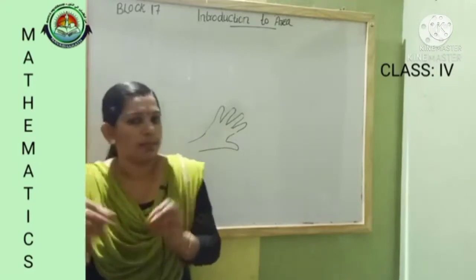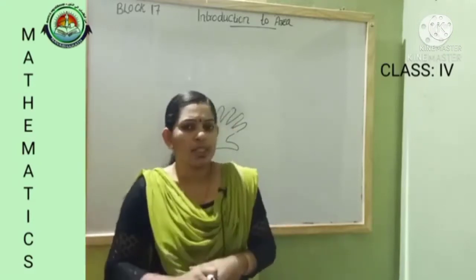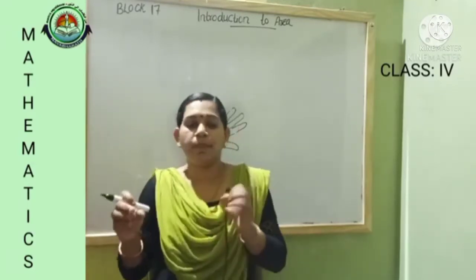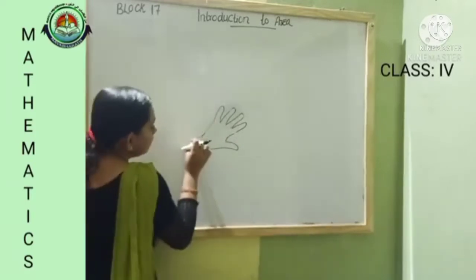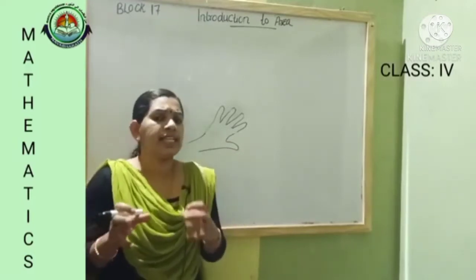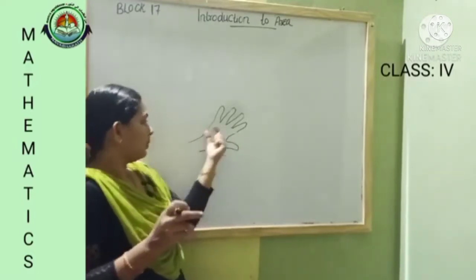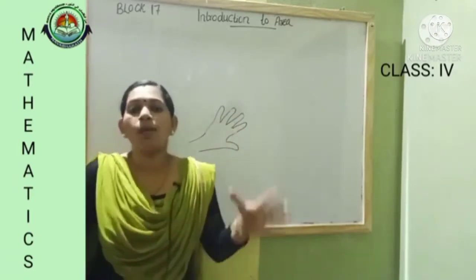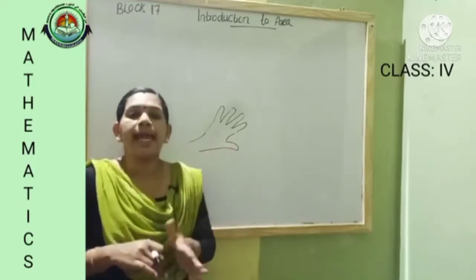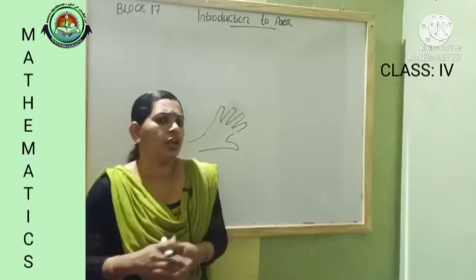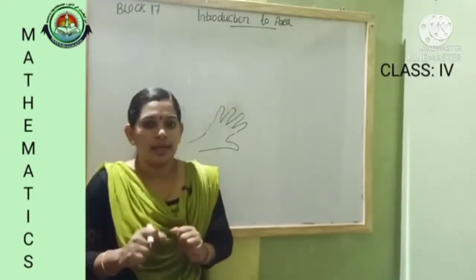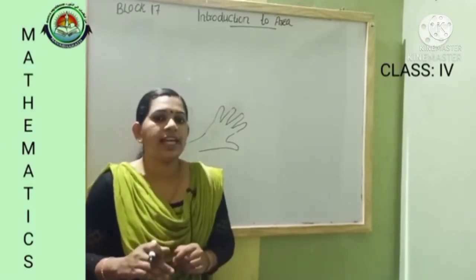You just take some cotton balls. If you didn't get the cotton balls, you take some small paper balls and paste them here. Then count them. Create same-size paper balls and paste them here. Then you count how many paper balls or cotton balls you pasted here. That's the area. So here you are not using a scale. This is how we find the area. So today's topic is finding area.